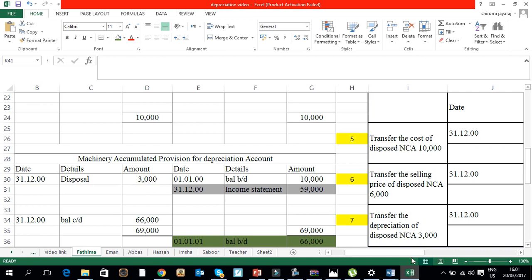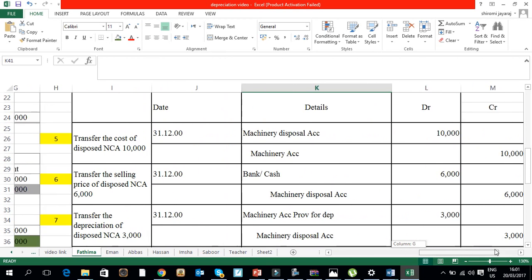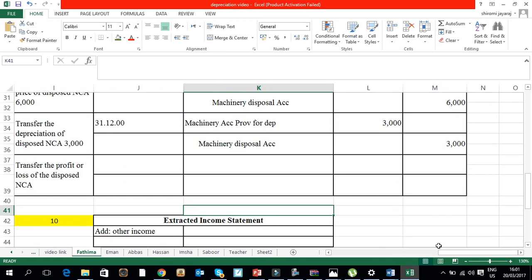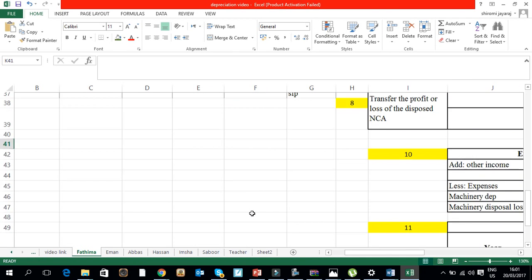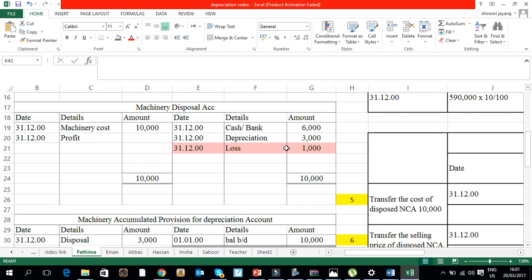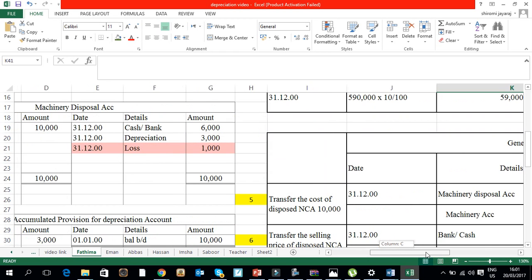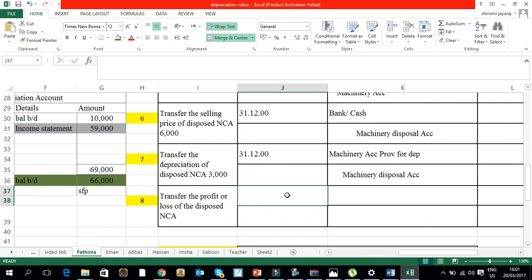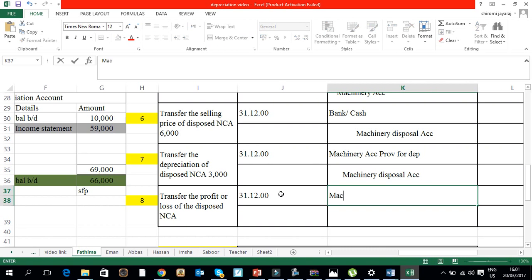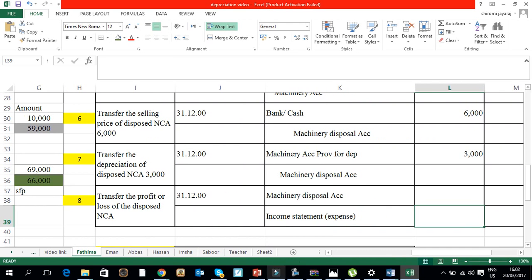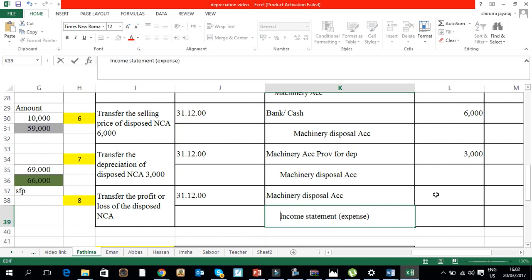Followed by the steps for disposal were carried out. Followed by that, it was identified that there is a loss in the machinery disposal account. One more entry is left over to write the loss made on disposal. Therefore, machinery disposal account debit and income statement under expenses, it should go as credit, which is worth